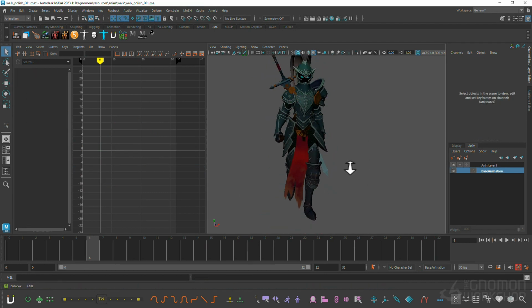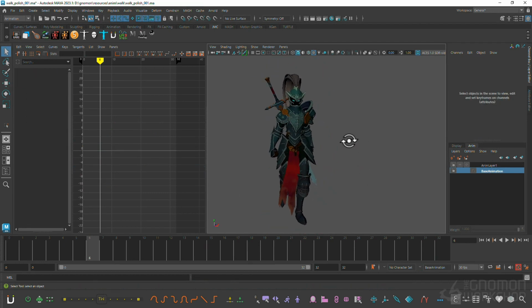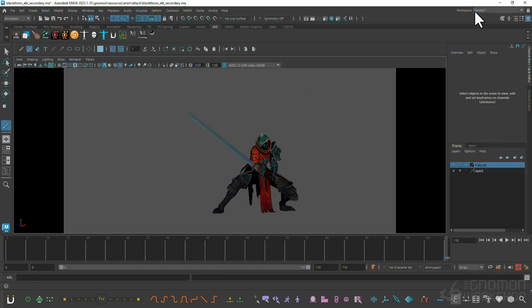So this is how I like to approach it when it comes to cycles and more layers, and now we're gonna see how I approach a standard shot. So we're gonna look into that for the attack animation. I have here the attack animation, and in this type of shot, what I like to do is think of a way that we enhance and support the overall silhouette and the visual language we're trying to approach with the character. So I usually do almost like a standard approach, more like a blocking plus